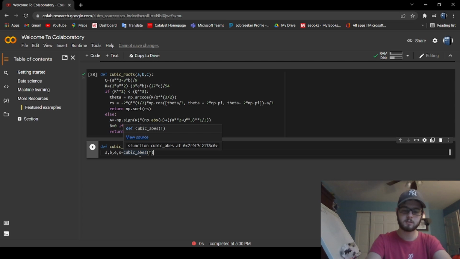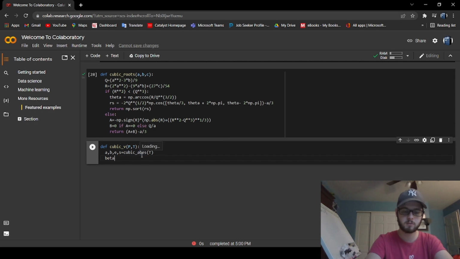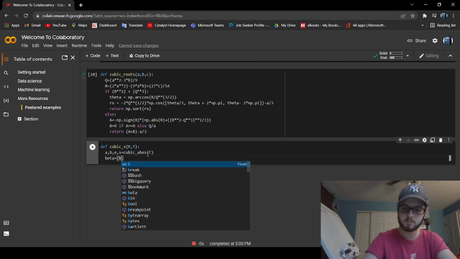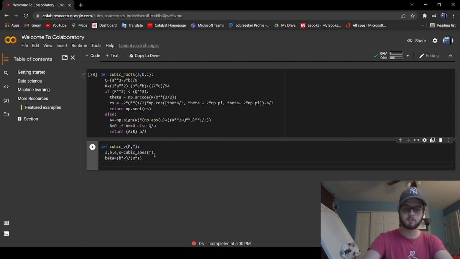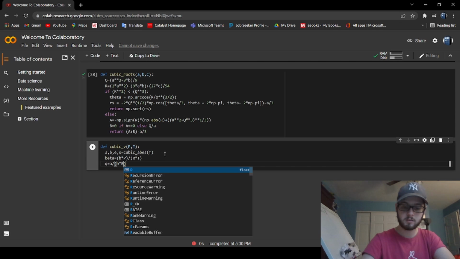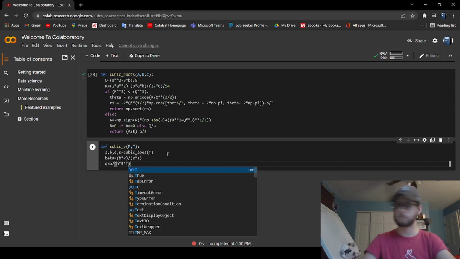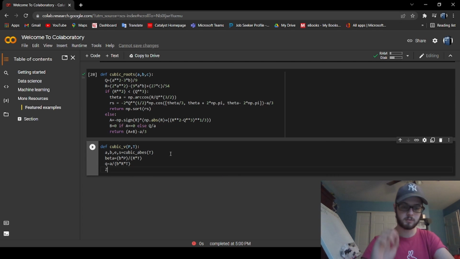And then after we do that, we're also going to need the beta, which is B times P over R times T. And then we're also going to need Q is equal to A over B times R times T. So once we have that, we can do the compressibility factor is equal to the nice big long thing we did last time, which is equal to cubic roots of,